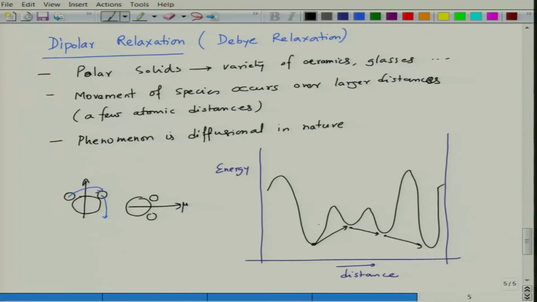So, as a result, for a species to change its configuration from, let us say, 1 to 2, this is 1, let us say this is 2, they have to overcome an energy barrier. So, this is the energy barrier which has to be overcome. So, when they go from 1 to 2, they cross this energy barrier, then 2 to 3 again there is an energy barrier, then 3 to 4 again there is an energy barrier. So, as a result there is a considerable slowness as compared to the previous, because everything has to diffuse from one place to another to another. Diffusion is basically an Arrhenius phenomenon.